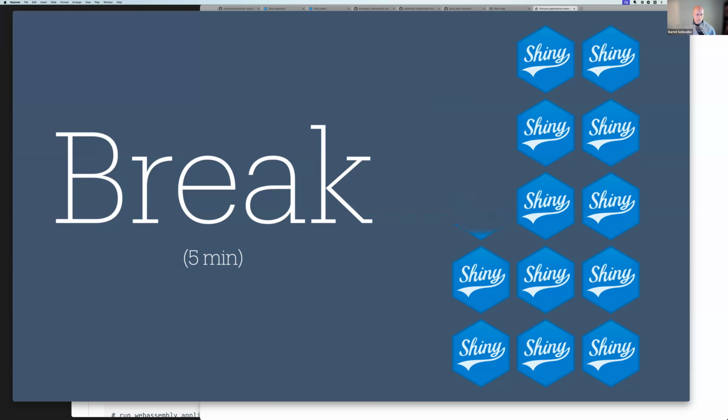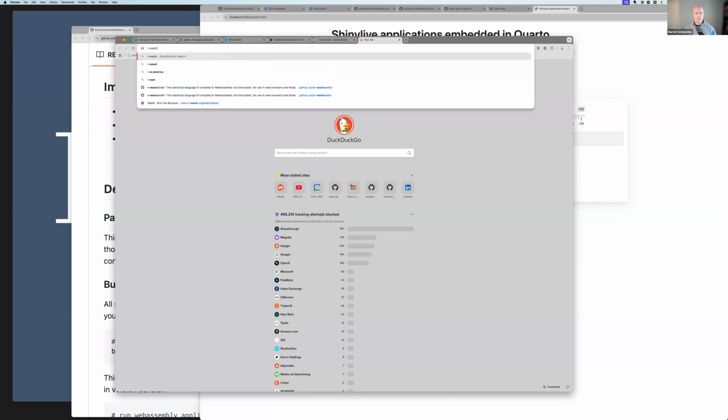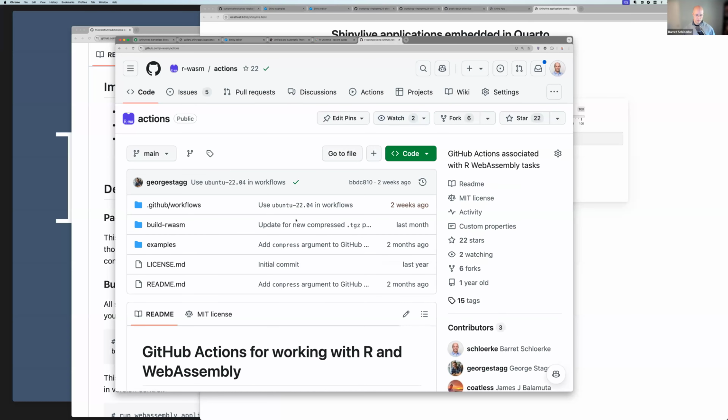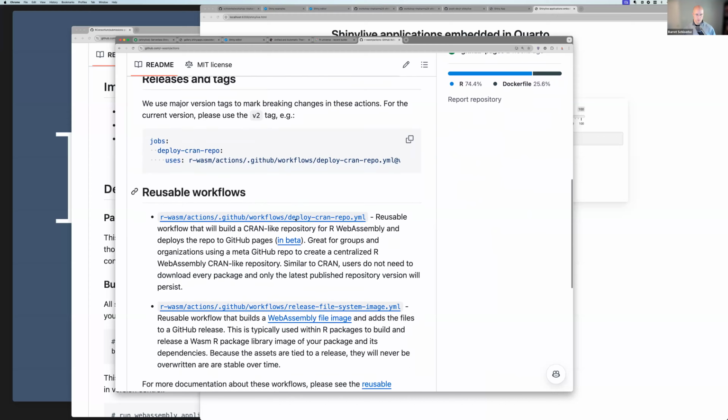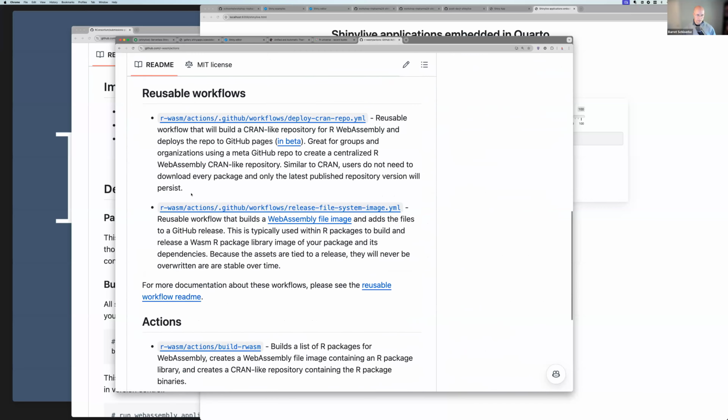We'll come back to this because there's still time. R WASM actions. There is releases and tags, reusable workflows. This part, reusable workflows. So in your private repo, I would do one of two things.